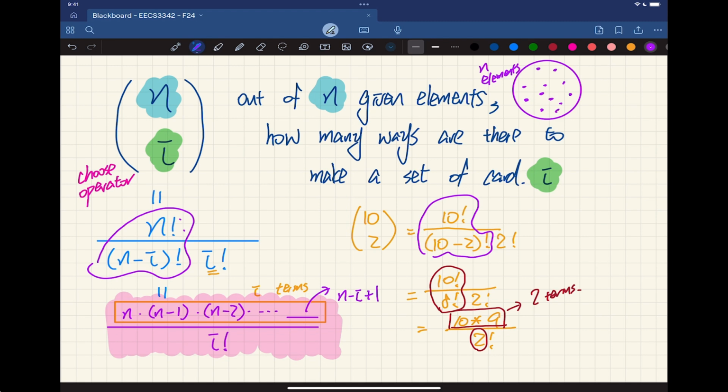Somehow I want to choose I elements from there and make it a set. Let's make some intermediate step over here. Rather than making a set, why don't we make a sequence where order matters? And then we can get rid of the duplicates by another step. So step number 1, we can make a sequence